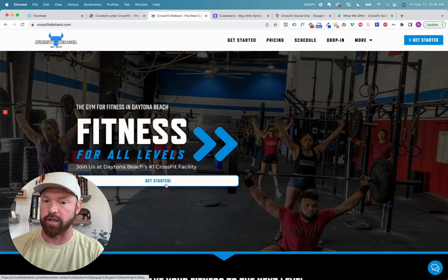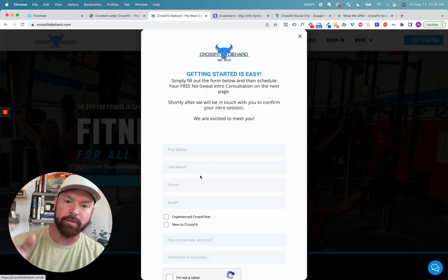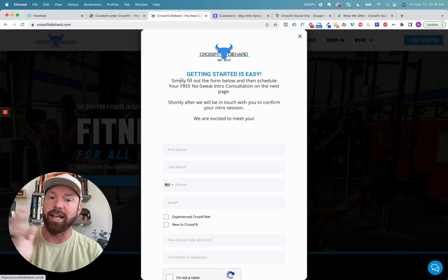So if they click get started, it's not click, click, click, click, click, 4 more times to figure out how to get started. It's click, up pops a form. That form pops up, asks basic information, name, phone number, email, maybe a newer experience. This gym actually had us add a couple things. Normally we just go name, phone number, email, super simple, submit, and then it takes them over to a booking